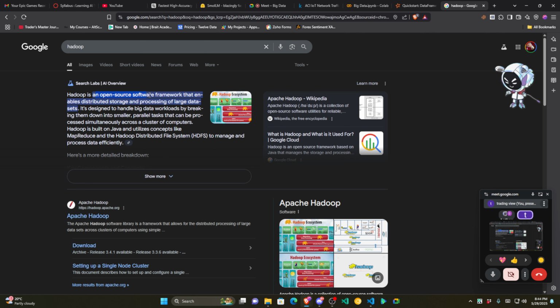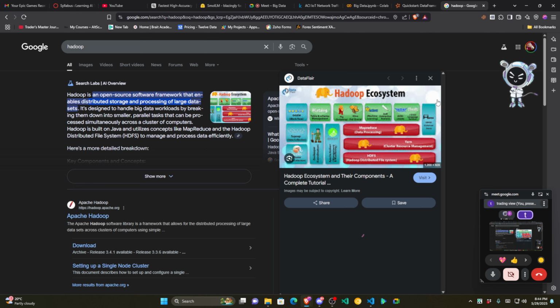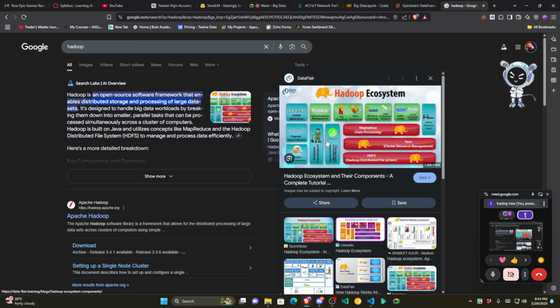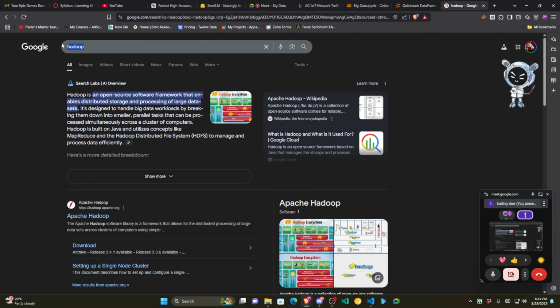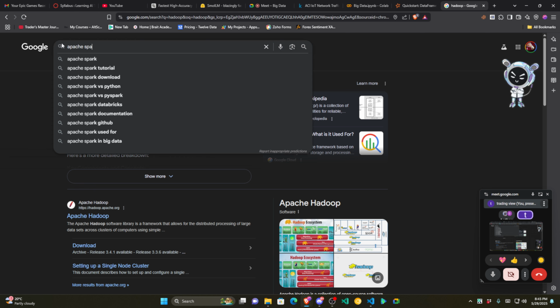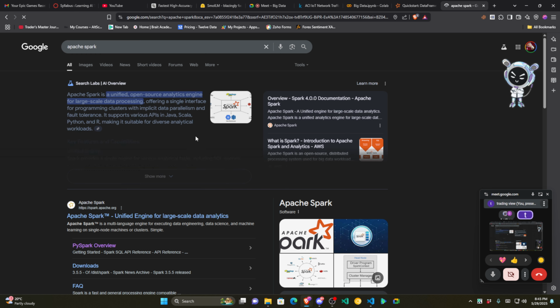Hadoop is an open source software framework that enables distributed storage and processing of large data sets. This one is more complicated. I don't have any experience with it, but this is what we have. And then we've got Apache Spark. Now, what I'm showing you, for Apache Spark,